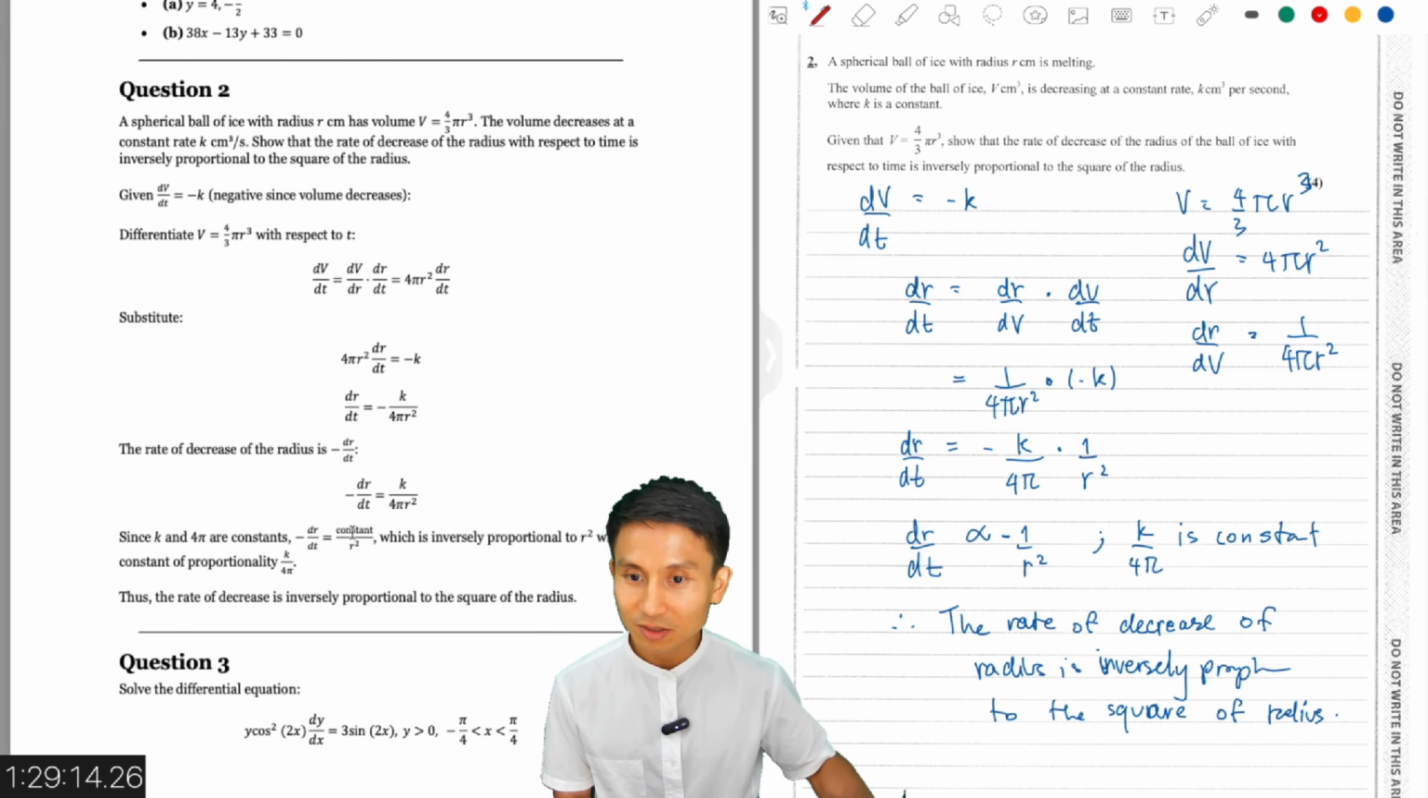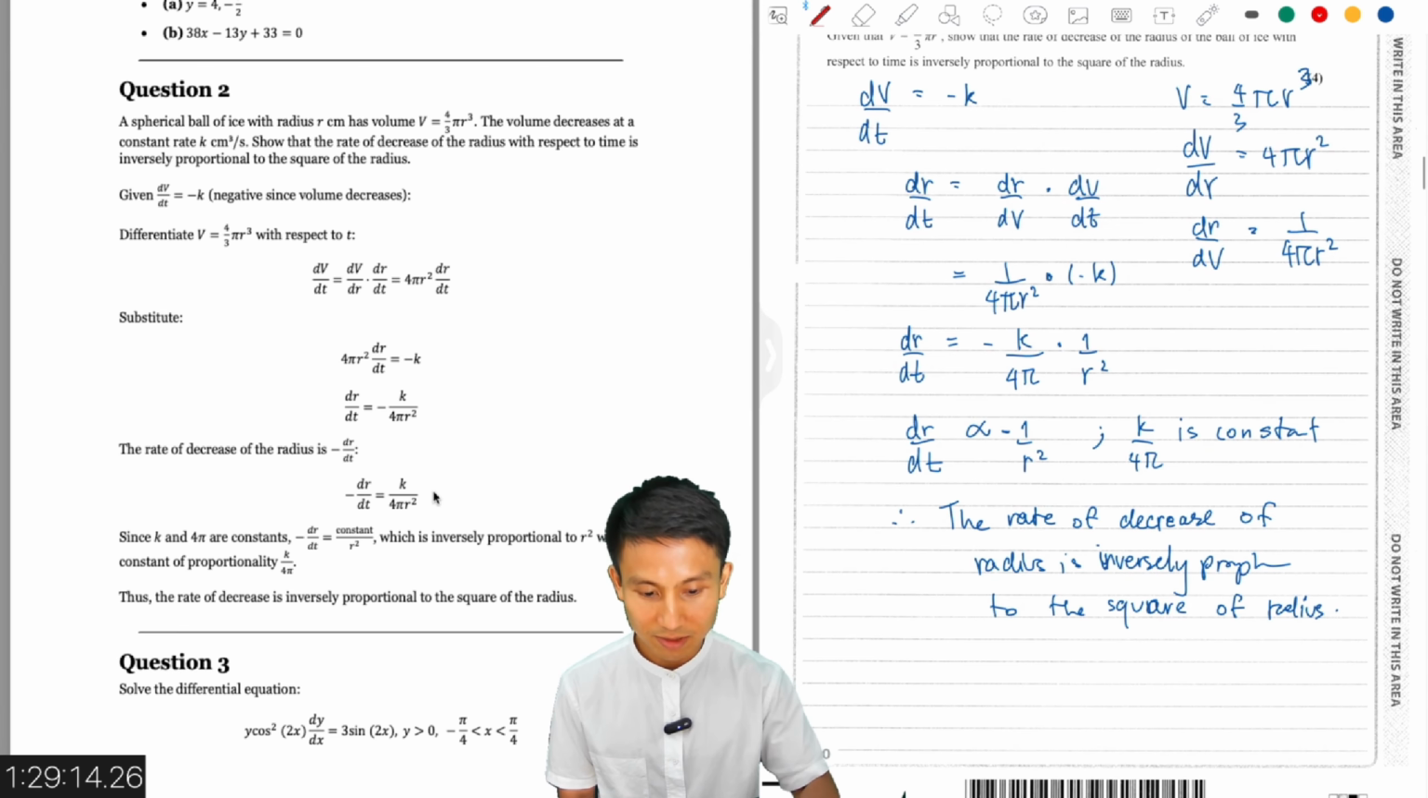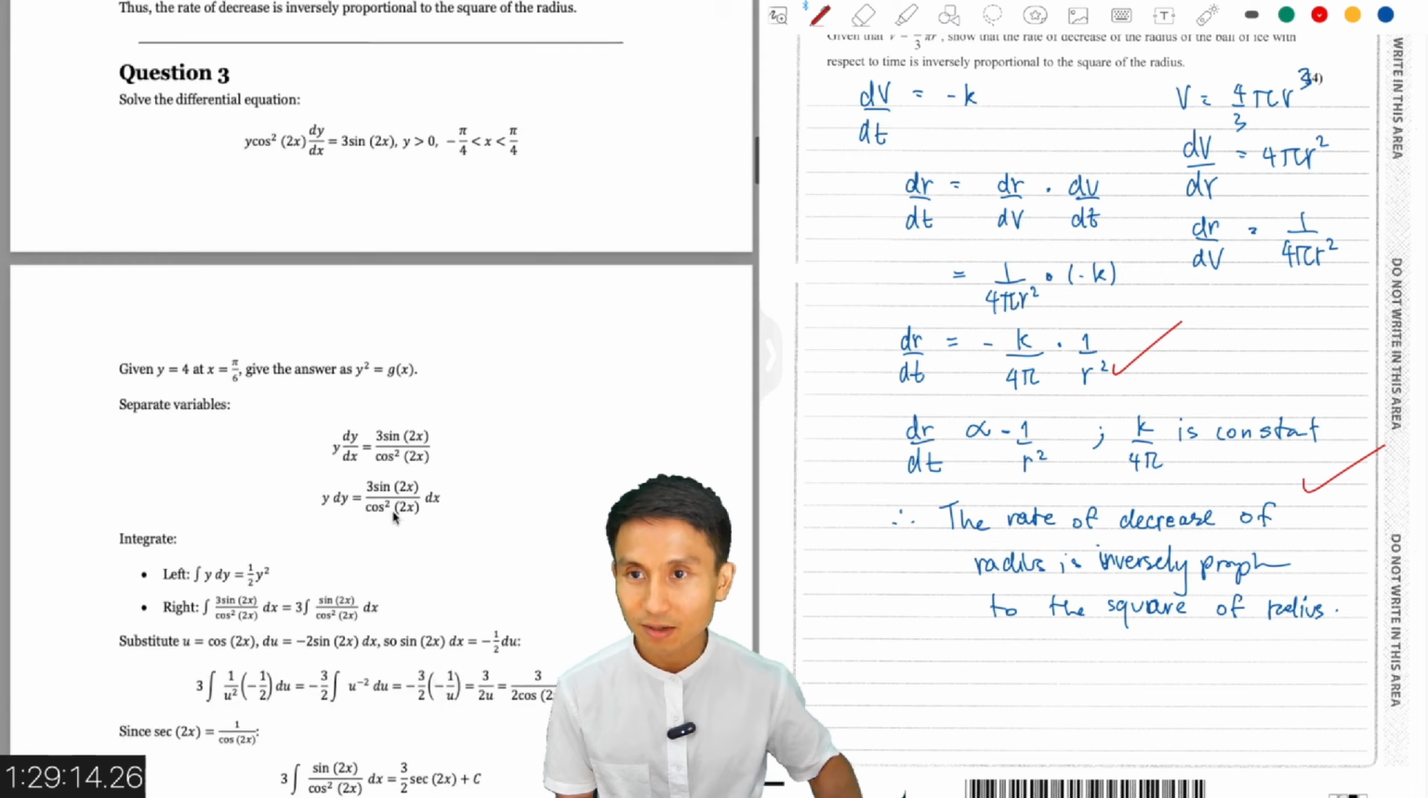Question 2, yeah, I think this one is fine. So it got the same thing here, yeah. dr by dt is just that, so it's inversely proportional. Okay, number 3,